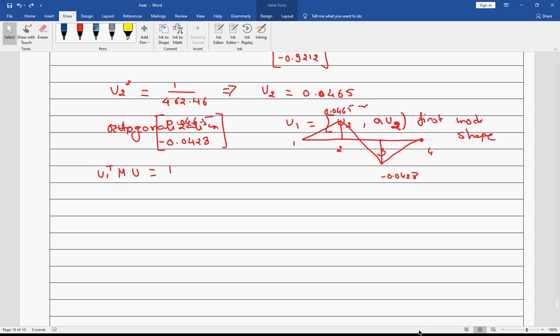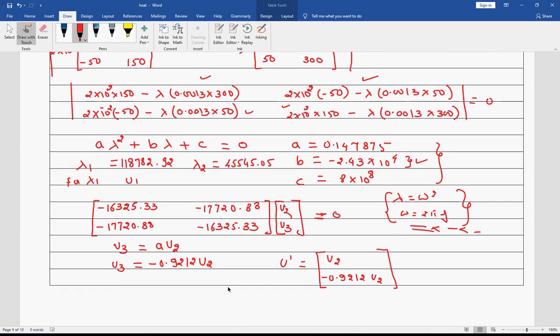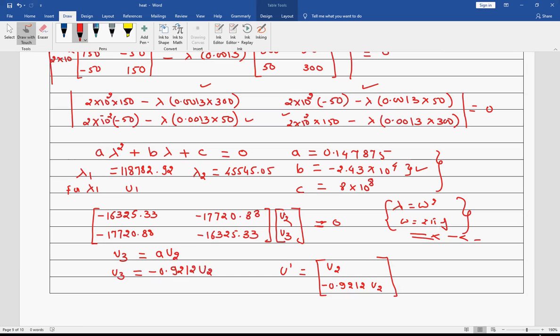Okay, let it be. Fine, no issue. So now I have lambda 2 equal to this. So now you put down this value here in this case and find out the same matrix again. Okay, so just let me know the values of the matrix. Only two values you have to find out, this and this, by putting lambda 2.